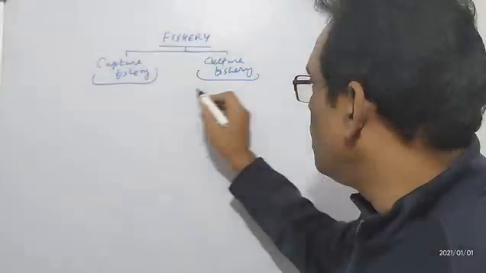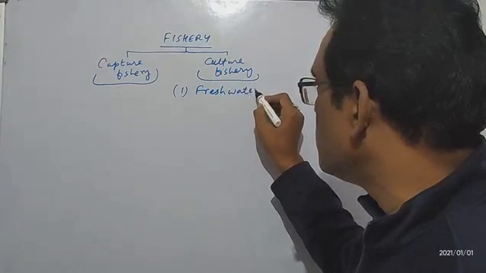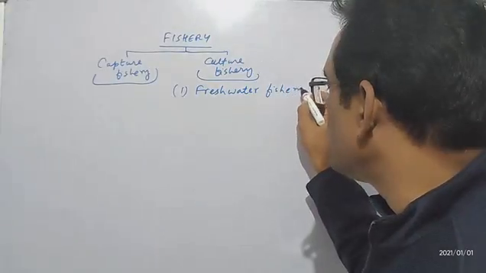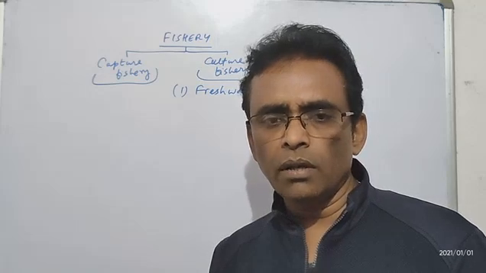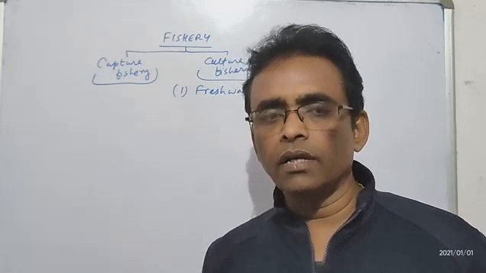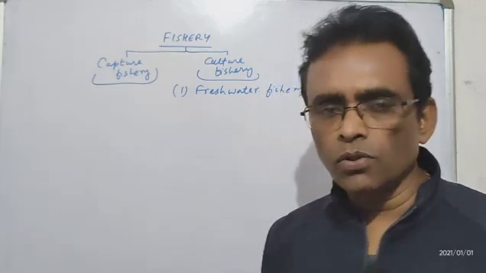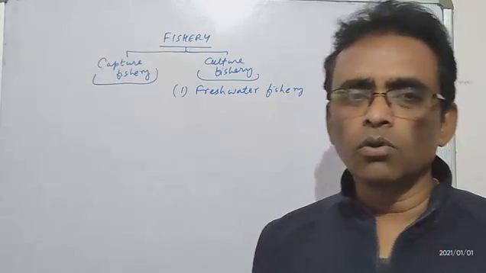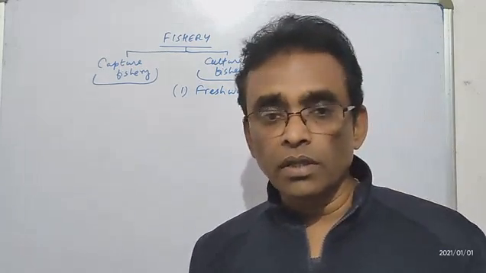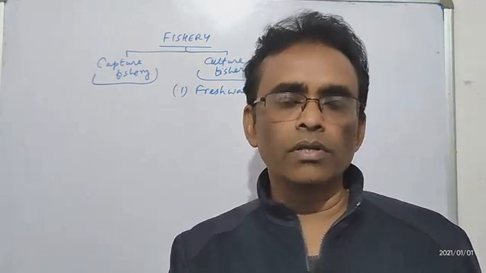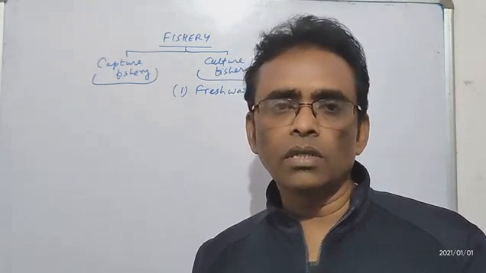Culture fisheries are again classified into many types. The first one that we will mostly concentrate on here is called the freshwater culture fishery. Because whatever we culture, freshwater and marine water, you need to understand that the water available as natural resources is available to us in two ways. The sea water, the ocean water, is very salty, and the fishes which are found in the rivers and what we culture in our ponds, that water is very different. It is called freshwater, having very low salt content.